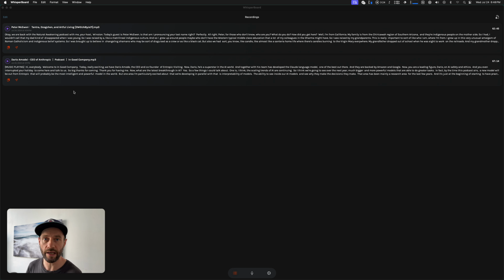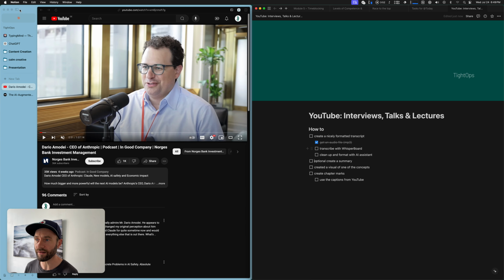This is using the small OpenAI Whisper model. So this is basically the fastest and not the most accurate, but pretty accurate. It's already pretty good. It understands that "In Good Company," from the audio, is the title of the show or the podcast, etc. Now you can see it's just text, right? So at that point, we have text, and we take that text